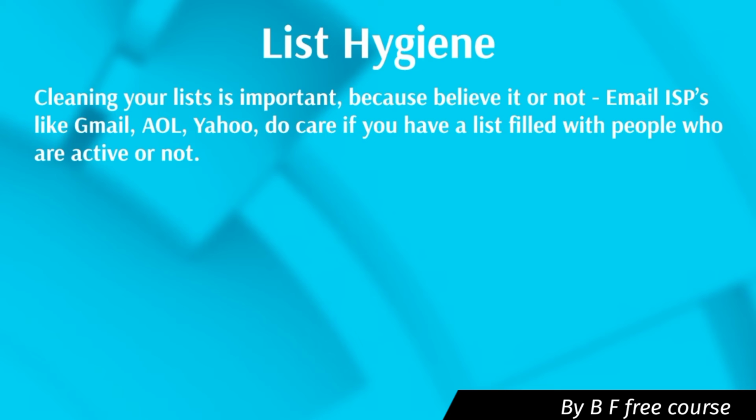So if you have a list of 1,000 people, and out of that list of 1,000 people, you have 100 people on there that are fake, that will actually hurt your email deliverability. So even if you have 900 people on there that are not fake, because the ESP or email service provider sees you as a spammer, they may not allow those 900 emails to even get to your legitimate subscribers, if that makes sense. So how do you go about doing that by using